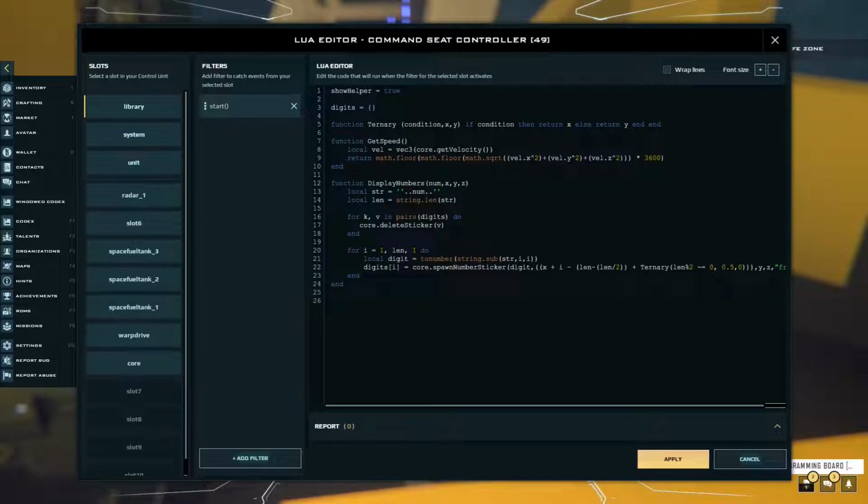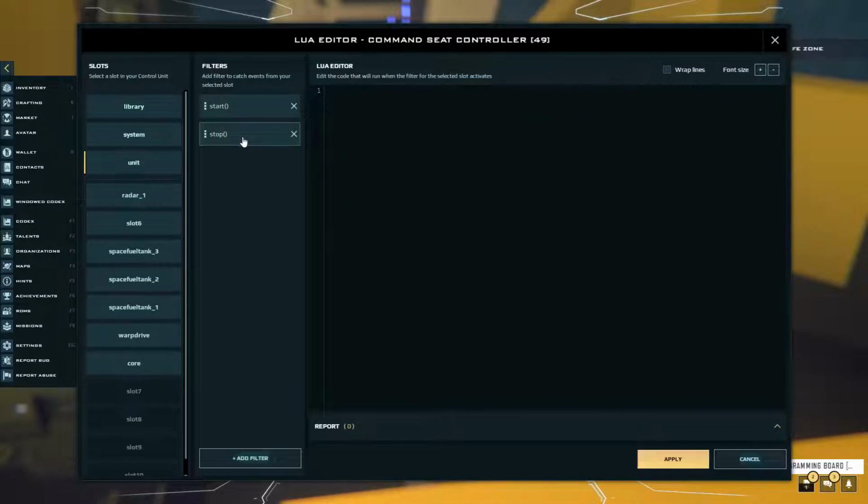All right, next we need to delete the stickers when we turn the ship off. If we don't delete the stickers before we turn the ship off, then once we get out of the ship, the numbers are still going to be there, and it's going to look janky. We don't want that, so we're going to go back to unit, stop, and here we're going to do